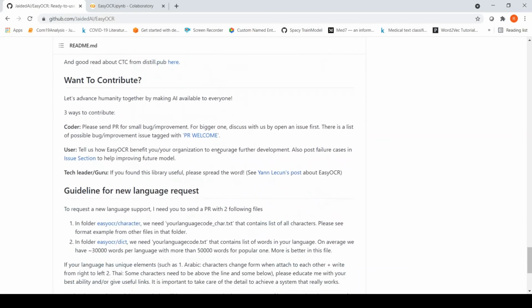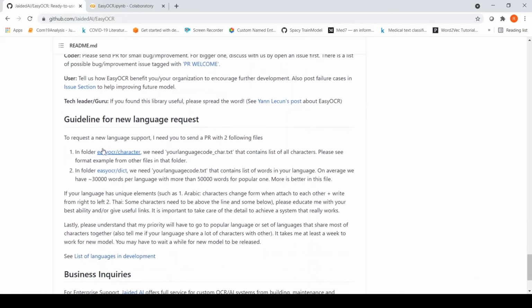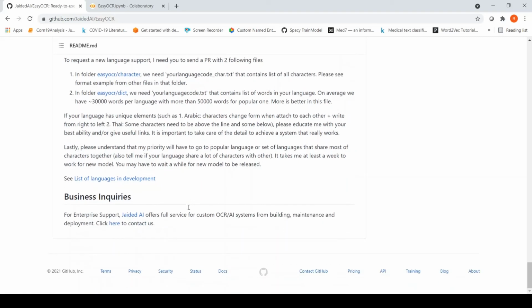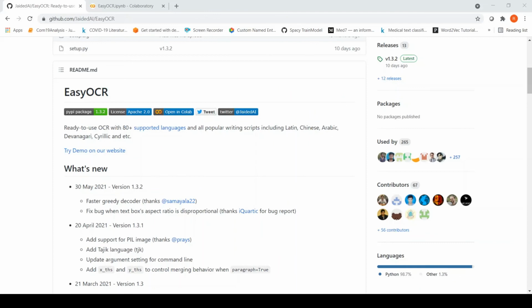So this is about EasyOCR. Here they've also explained how you can train EasyOCR on a new language. There is a certain method by which you can train it on a new language. You need to provide at least, say, 30,000 or 50,000 words for each of these languages, and there is a specific way in which you should train it on new languages. EasyOCR can be used to convert scanned images into text, which could be useful for systems like invoice processing. You could also use EasyOCR to do scene text recognition.